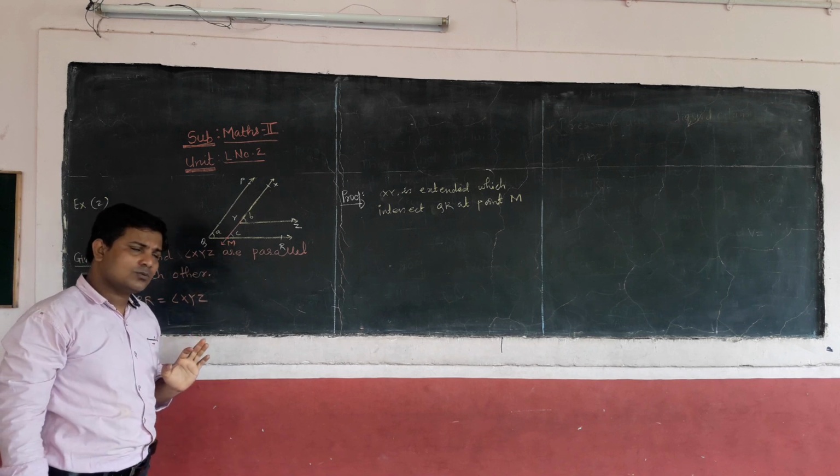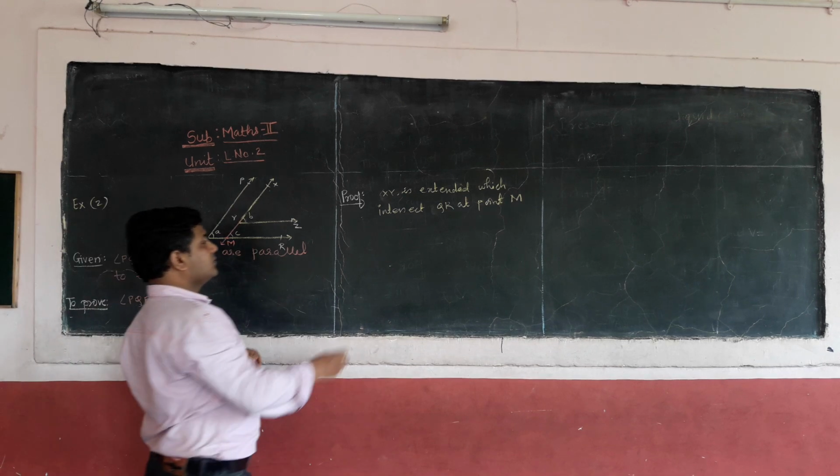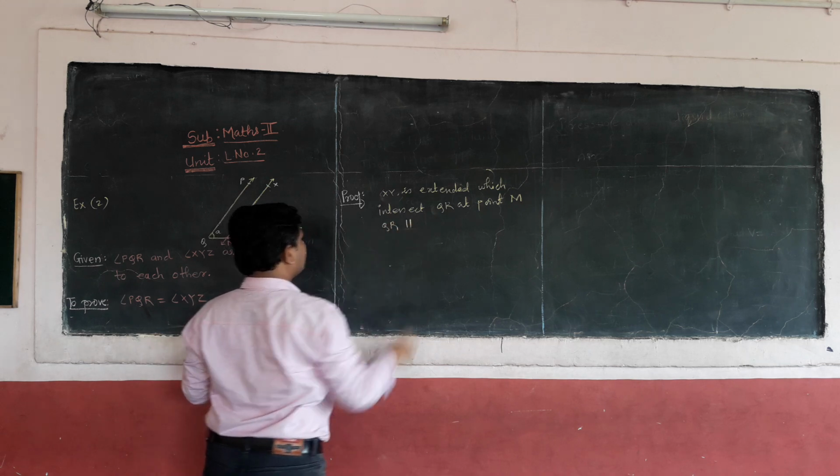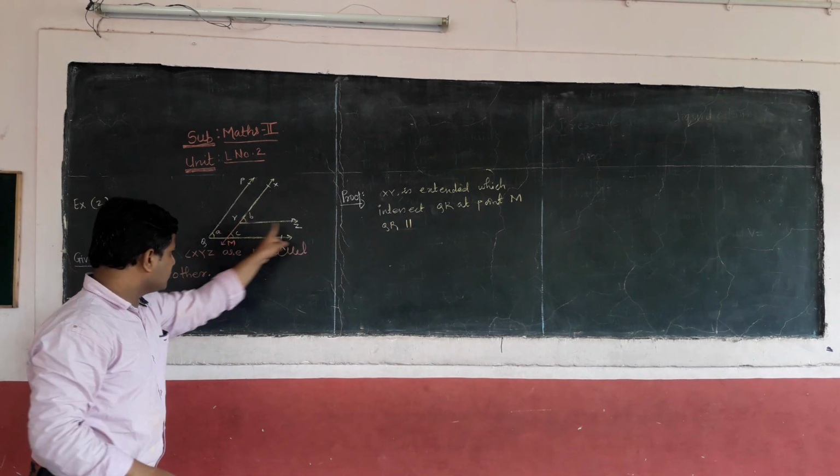M पॉइंट पे इंटरसेक्ट हुआ। तो बहुत आसान है। QR is parallel to YZ।